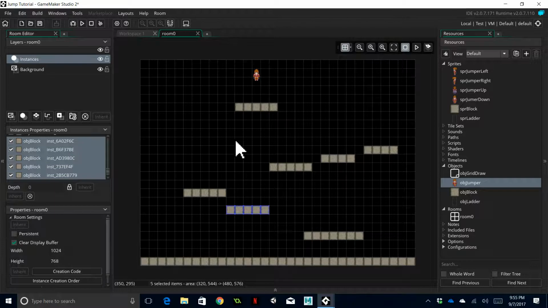So just leave it like that. And you'll see when we start the game nothing's going to happen. We have to program, we have to tell the computer to make her drop. So you'll see that in a second,